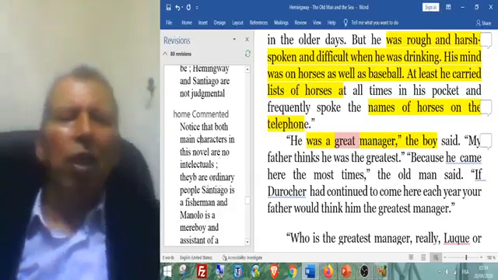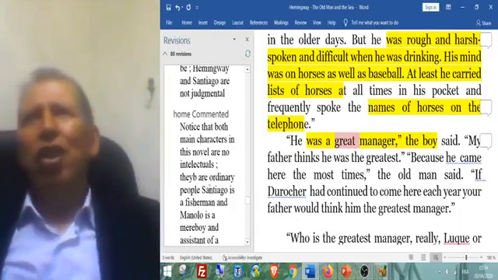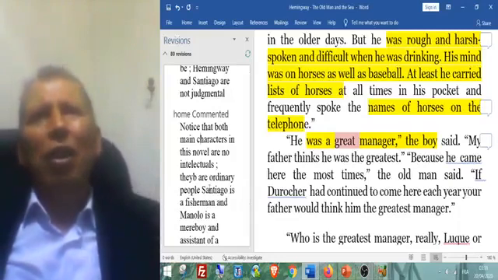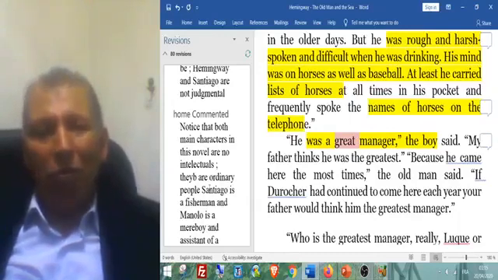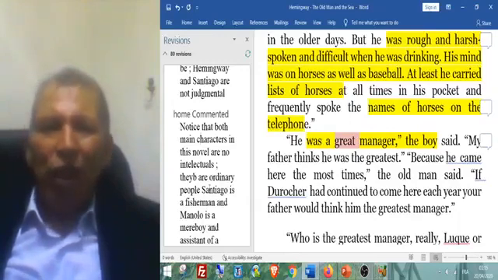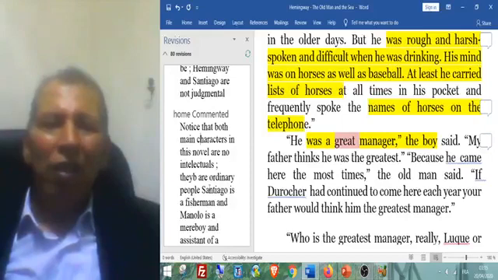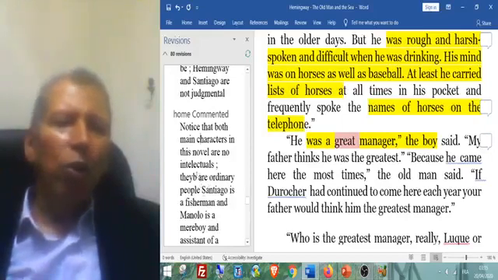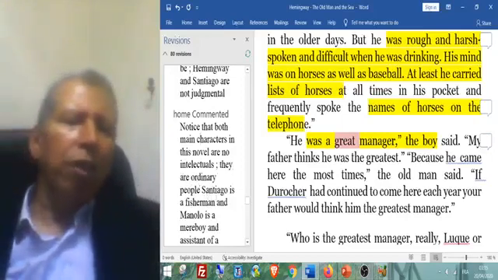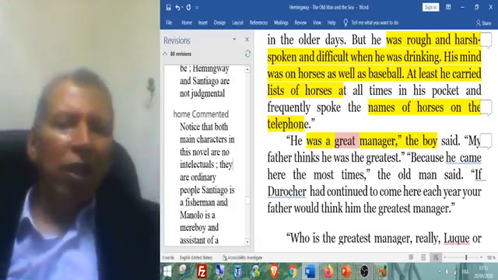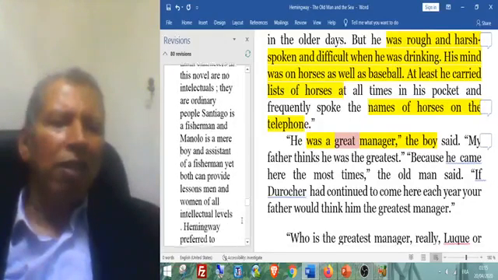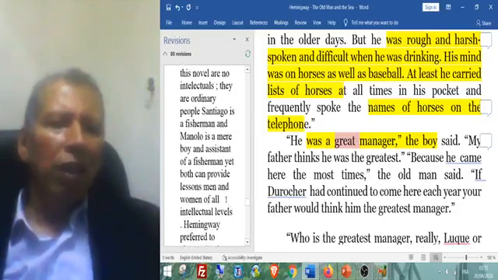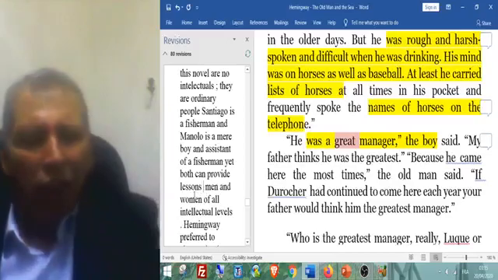Both main characters in this novel are no intellectuals. I mean, this conversation about baseball could sound trivial to somebody, or superficial, or shallow. But notice that both main characters are no intellectuals, and they need not be. Who said they should be? They are ordinary people. Santiago is a fisherman. Manolin is a mere boy, an assistant of a fisherman. Yet both can provide lessons, men and women, of all intellectual levels. Yes, lessons for men and